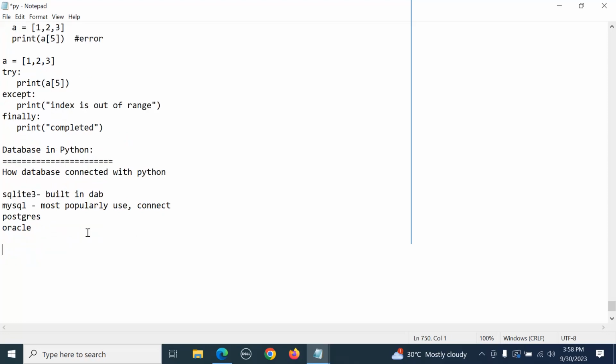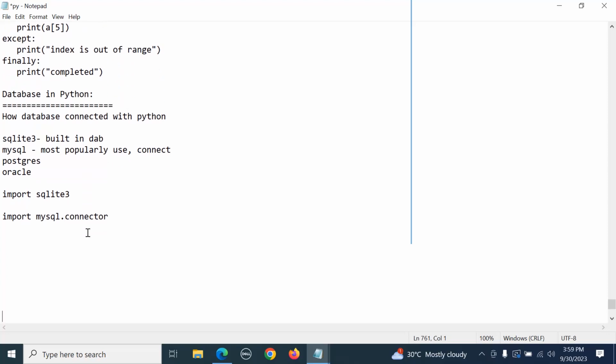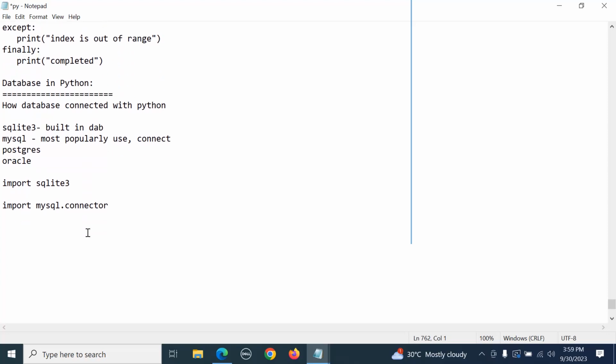And if you want to use SQLite, we need to import SQLite 3. And when you have to use MySQL, we need to import mysql.connector. So like that, there are different ways we have to use actually. Okay, we'll see an example so that we can understand how the statements we can write in the database with example. Here, import